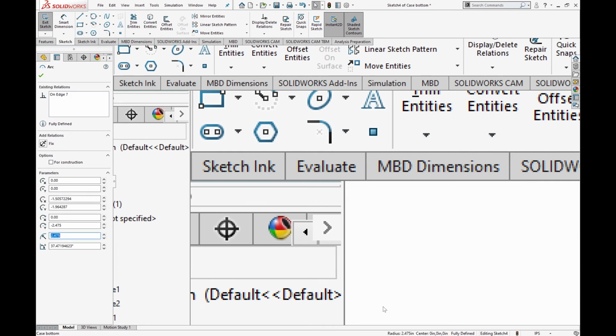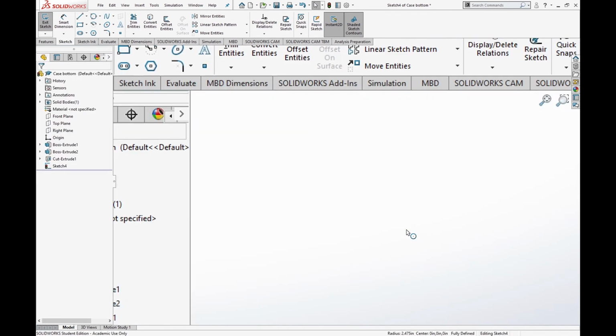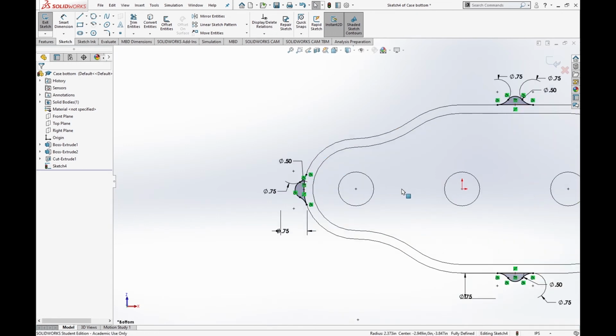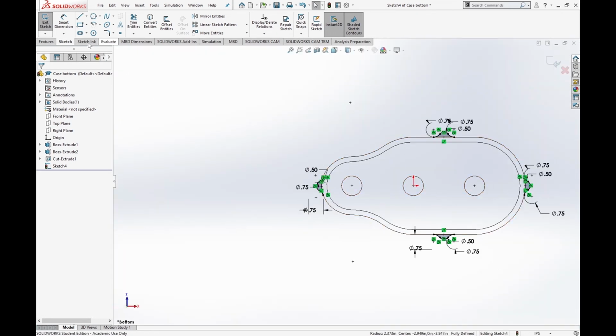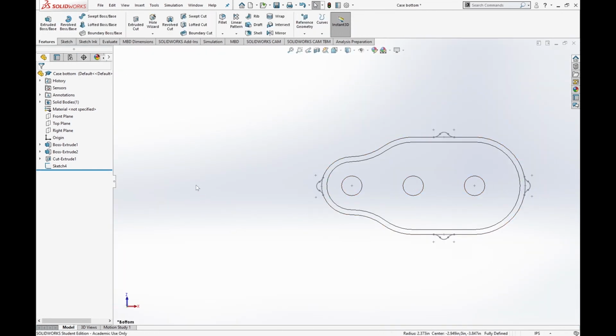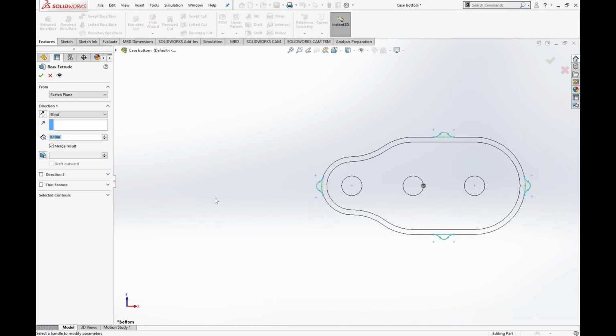That's because we selected the entire face for now. Alright, let's get rid of those. And it seems like now only our bosses are selected, so let's exit that sketch. Because I didn't do it right, it only created the sketch, so we're going to do extrude boss base, and